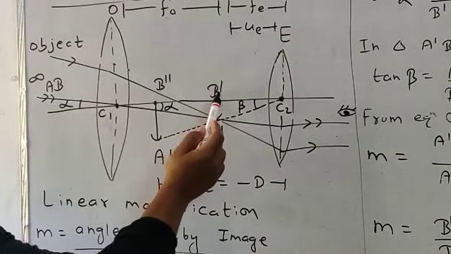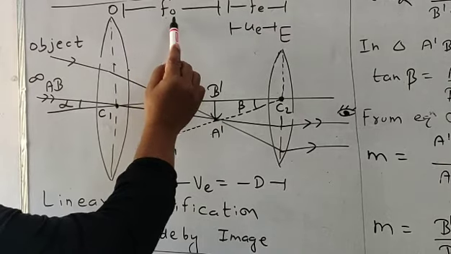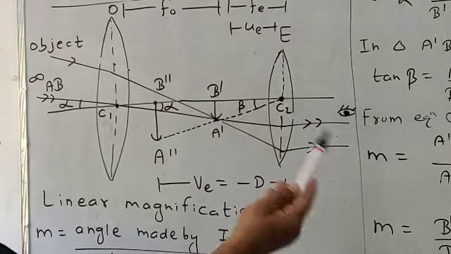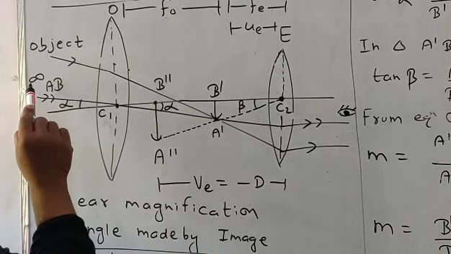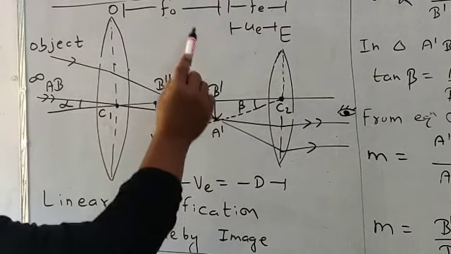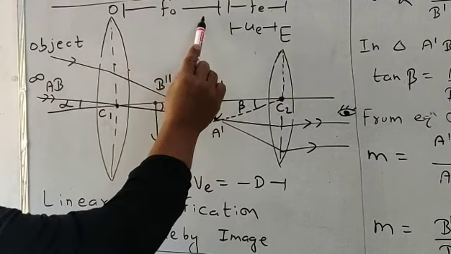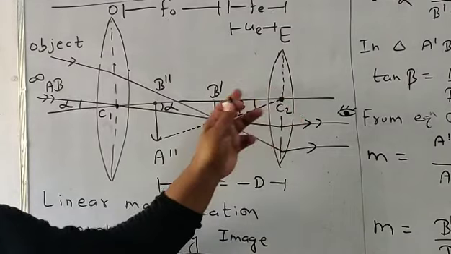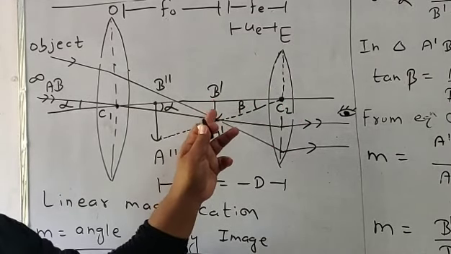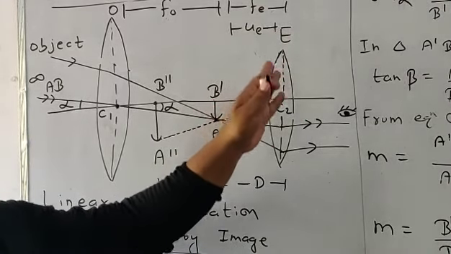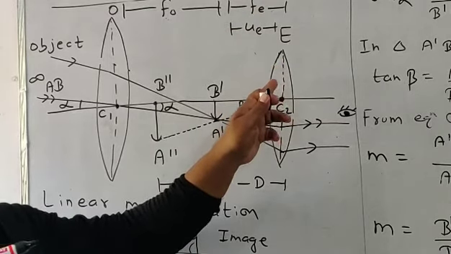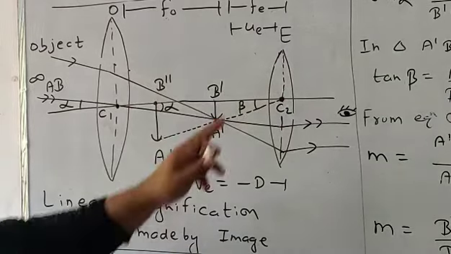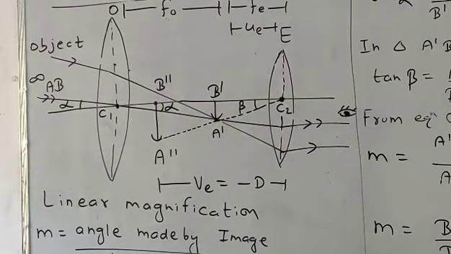f0 is the focal length of the objective lens, while fe is the focal length of the eyepiece lens. The object is placed at infinity, so it forms the image at the principal focus. That's why this is f0, the focal length for the objective, and the object is placed at the principal focus. So this is fe. Fe is the object distance for the eyepiece lens, so we can write here UE. Okay, now students,